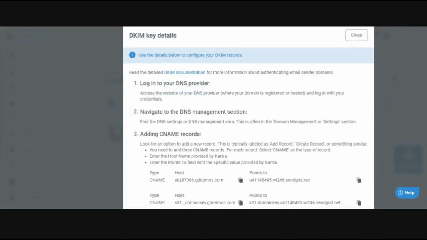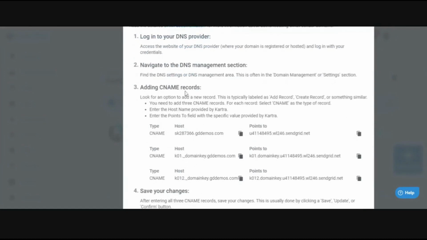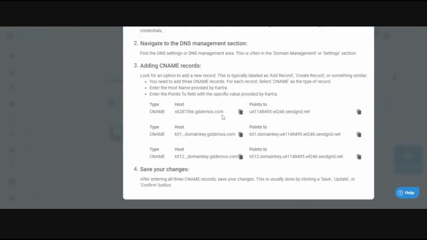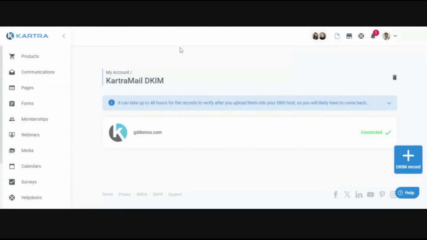And to kind of give you guys an idea of the information, you're just going in here and it'll give you instructions, right? And you're just copying and pasting all of these CNAMEs into that. All right, guys. So now that we've kind of gone through all of the setup and the basics, let's just move on to that communication section of our account, because that's really where you're going to be doing the bulk